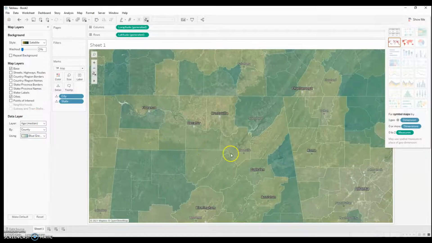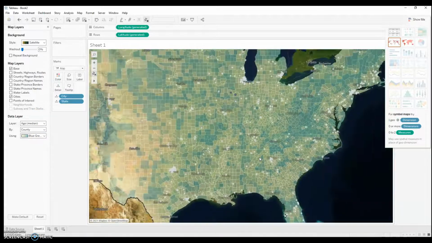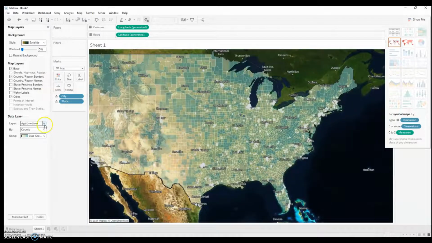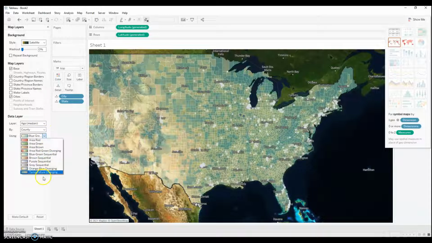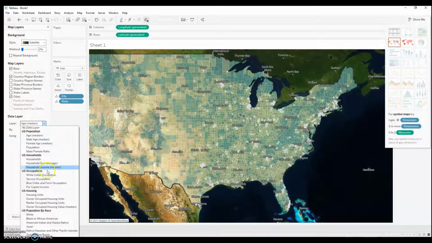I can show it by county, and it projects a county map of the United States with age coded. And I can choose even the way it's color coded. So I can choose a diverging or a sequential color scheme. I can filter it according to all these different data variables by race, or by occupation, by household size, by